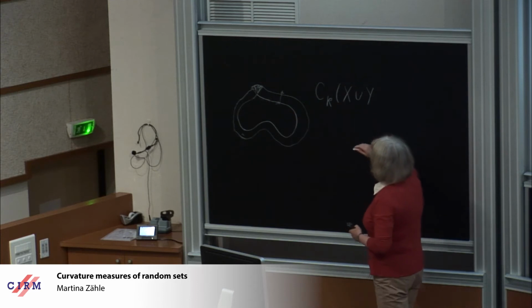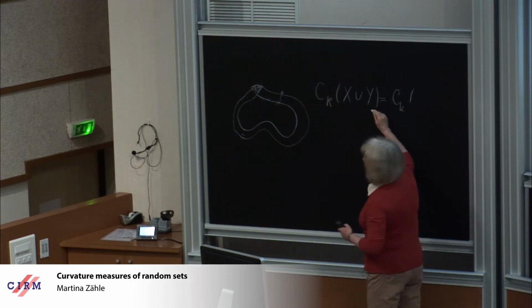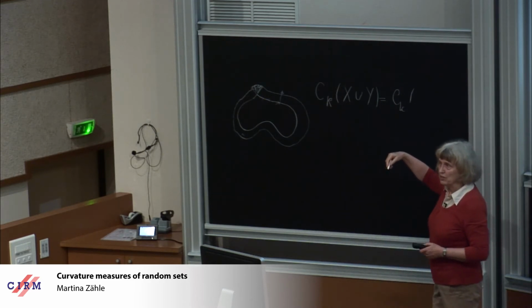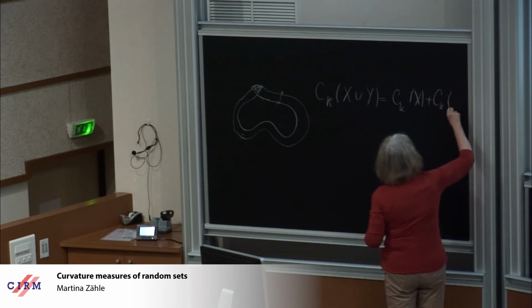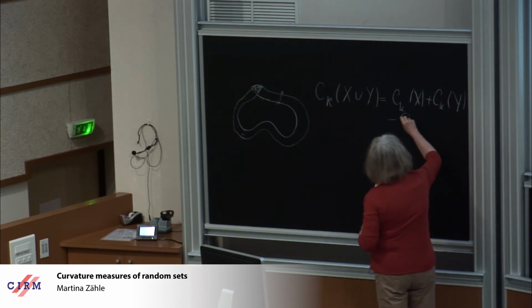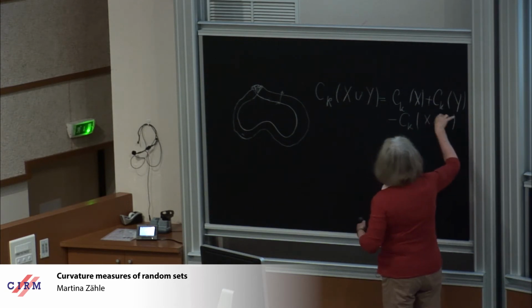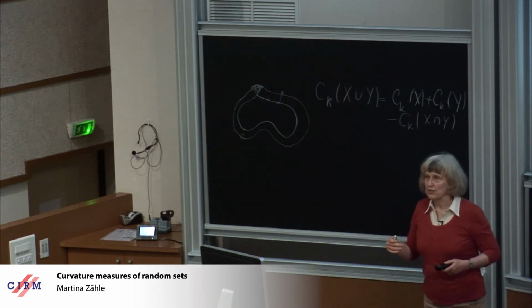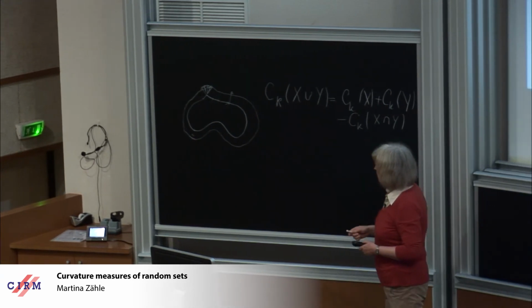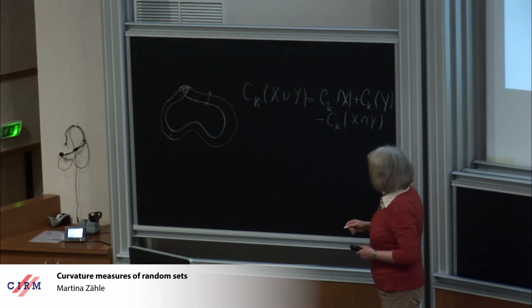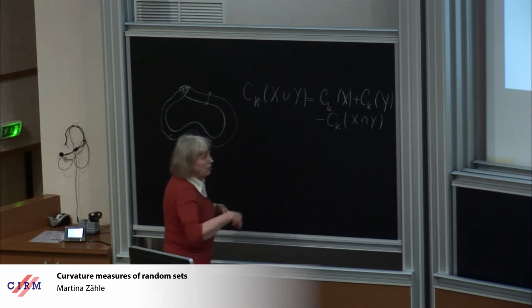I denote the sets by X and Y, and then you have the additivity property. This is for the functionals, and the same holds true for the measures. I present it in that way: C_k(X ∪ Y) = C_k(X) + C_k(Y) − C_k(X ∩ Y), provided all these sets belong to the class under consideration. For instance, the convex setting, or in the case of sets with positive reach, and so on. This is the additivity property, and this is used in order to extend the whole theory to finite unions.